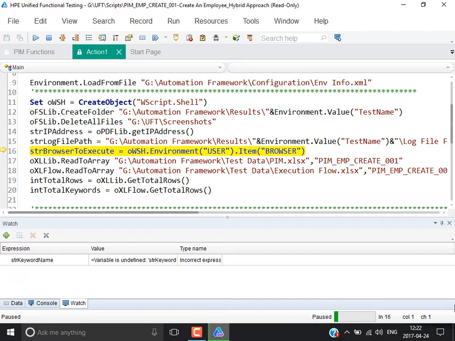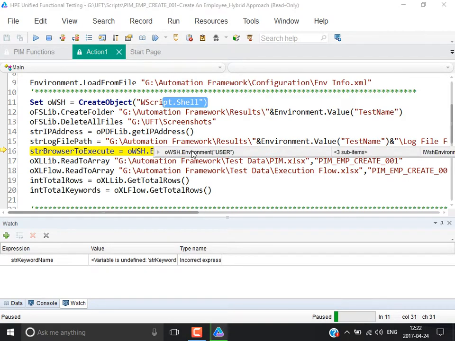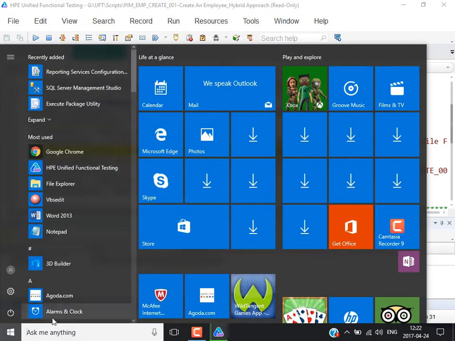And you see str browser to execute. What is meant by that? How am I retrieving str browser to execute? From the environment, WSH, which is nothing but the shell object. So where is the browser coming from? WSH dot environment of user dot item browser, which means it's coming from